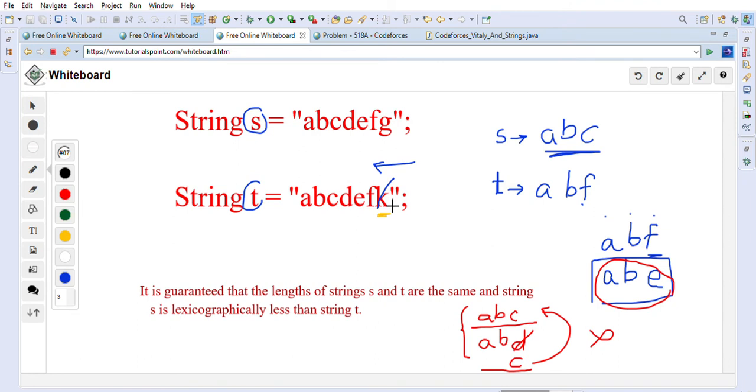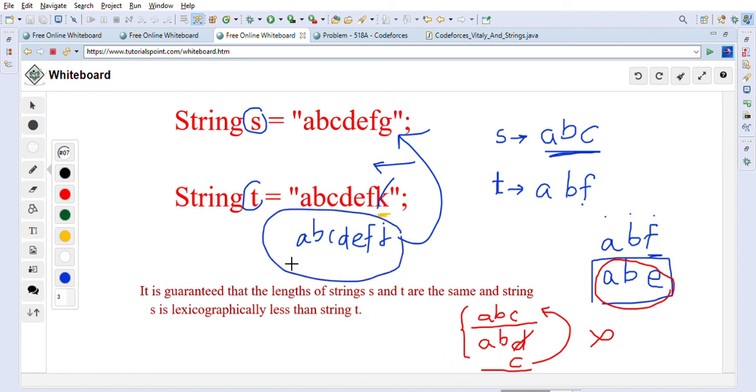So this is the first character which we will try to decrease by 1. If it is k, then we will just mark it as j, and then we will get a new string like a b c d e f j, and then we will just make sure that it is not the same as our string s and we'll mark it as the output. As you can see, this string is lexicographically bigger than s and it is smaller than t. So this is the logic we are using to solve the Whitley and Strings problem on Codeforces. This is a string problem.